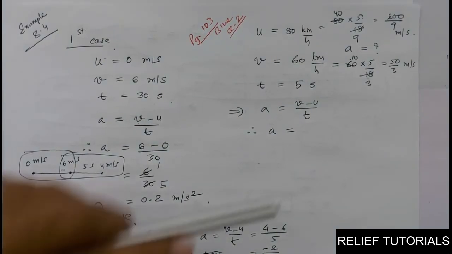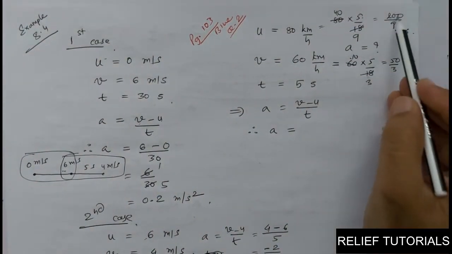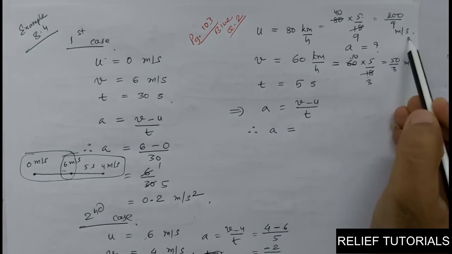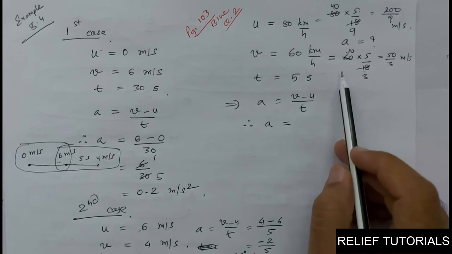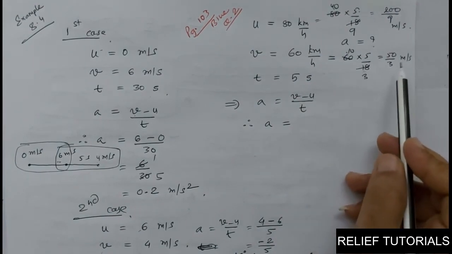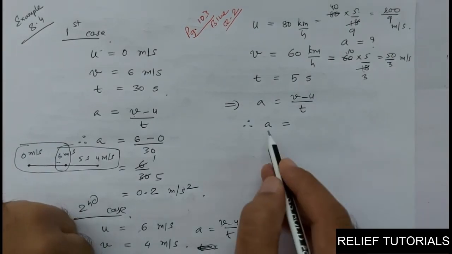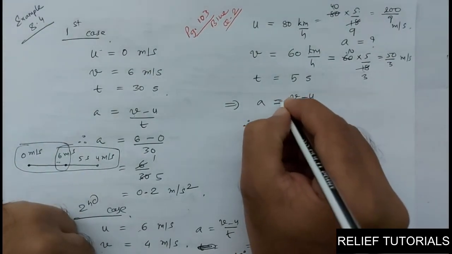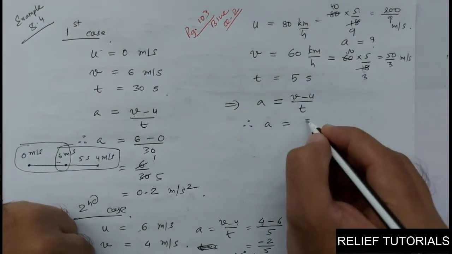So initial velocity is 80 km per hour, but we have converted that into meter per second. It's 200 by 9 meter per second. Final velocity is 60 km per hour, converted into meter per second, and that is 50 by 3 meter per second. Time is given as 5 seconds. What is A? A is equal to V minus U by T. So A is equal to V. What is V? V is 50 by 3